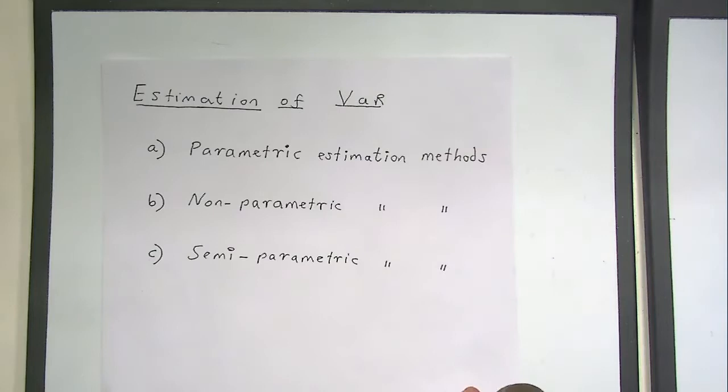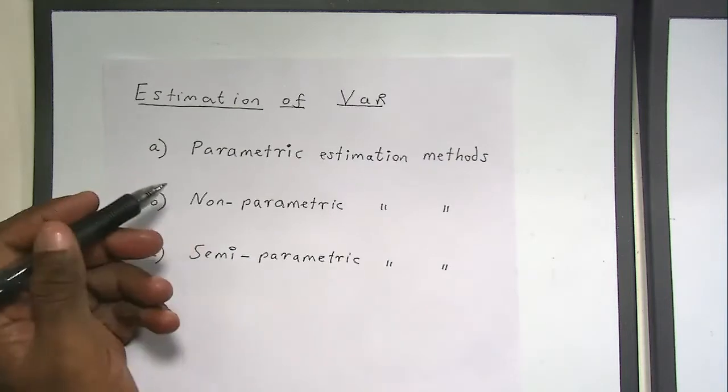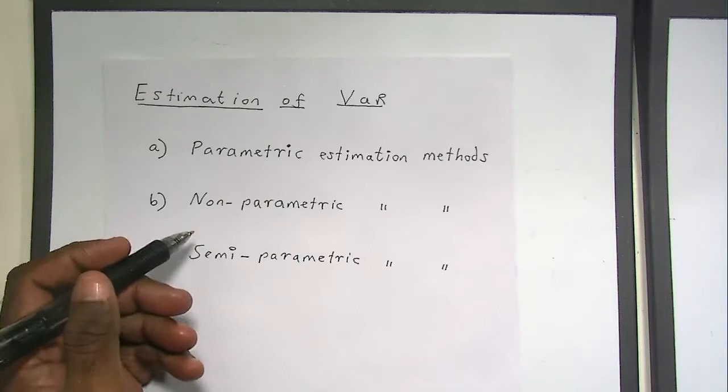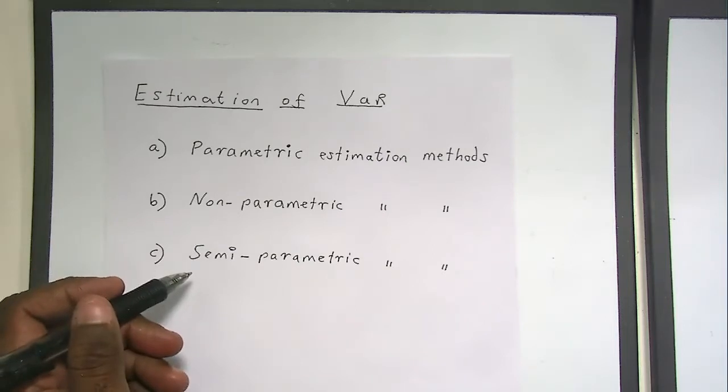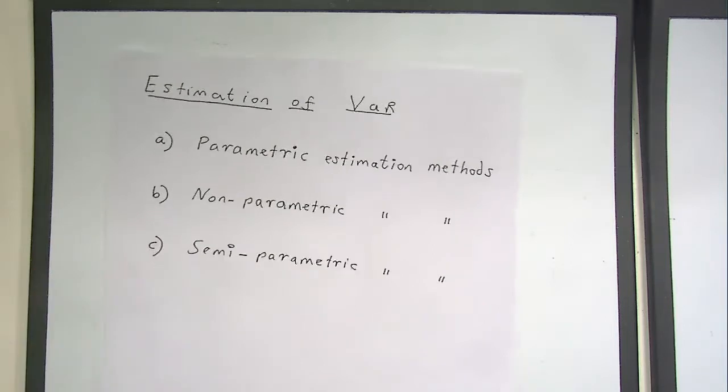Okay guys, can we get back to the class please? So last week I started talking about estimation of VAR, estimation methods for VAR. And there are 3 kinds of estimation methods: the parametric ones, the non-parametric ones, and the semi-parametric ones, right? I started talking about the parametric ones first, right? So before that